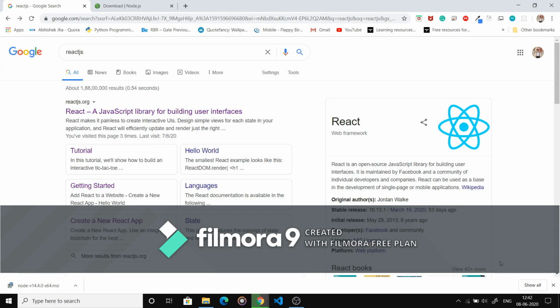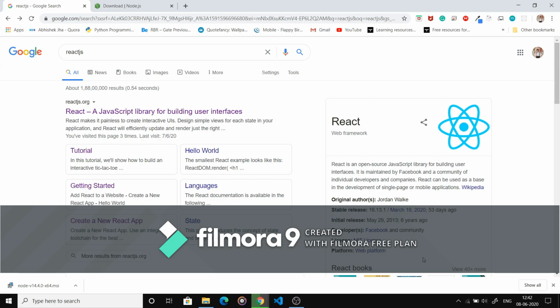If someone asks what a single page application is: a single page application is an application in which all the data is rendered on the same single page. Like if we use Facebook, we find that all the data is rendered on the same page, and as we scroll up and scroll down, the data is rendered on the same page. Another example is Netflix, which also uses React.js for rendering the data.